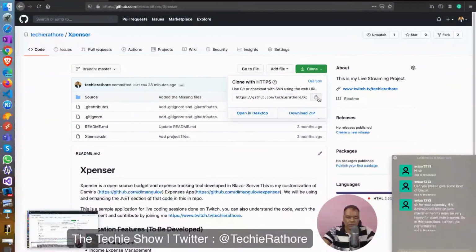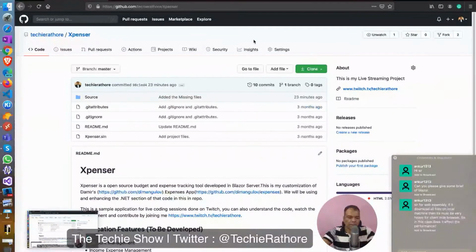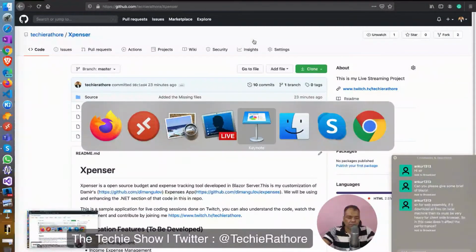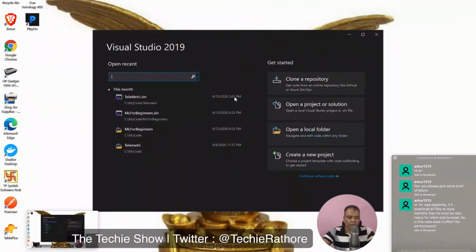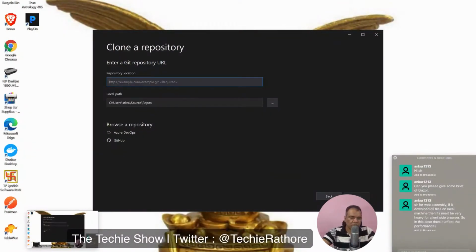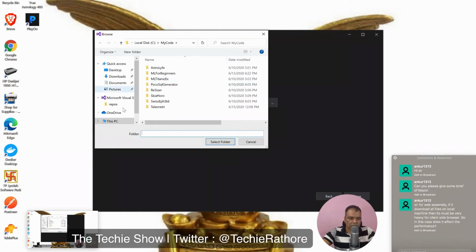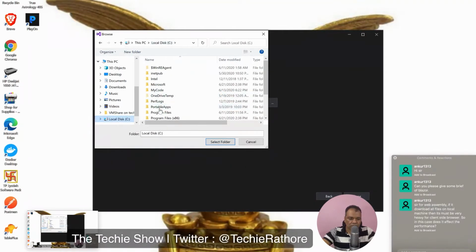Let me copy this and clone the repository here, pasting it. So this is my Expenser application. I'll set it up on C, in my code folder. Okay, select folder.